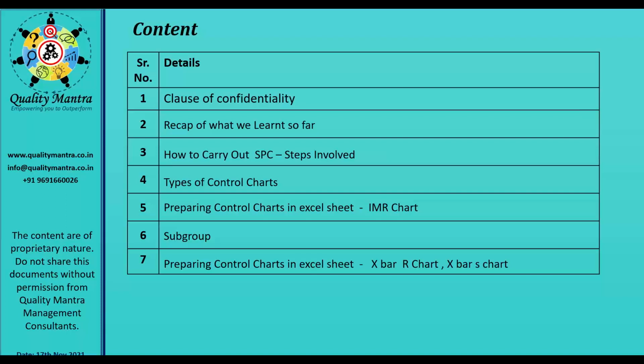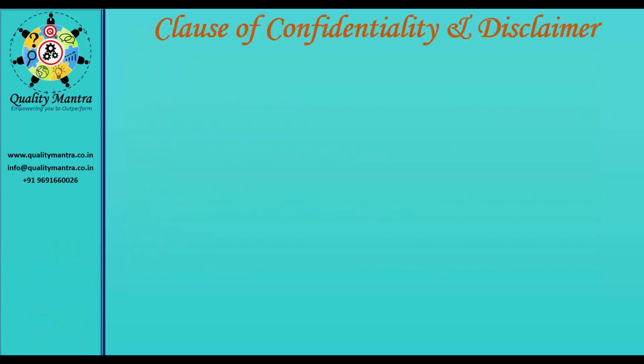Then there are certain charts like your variable charts which depend on the subgroup size. So what is this subgroup? We will go through that. What is the subgroup, definition of subgroup, understand what is subgroup, and then we will start preparing the control charts which are based on the subgroup, variable type control chart, but which require subgroup data. So these are basically X bar R chart and X bar S chart that we are going to prepare. If time permits, we will complete the X bar S chart today itself, otherwise tomorrow. No need to be hurried, understanding is important.